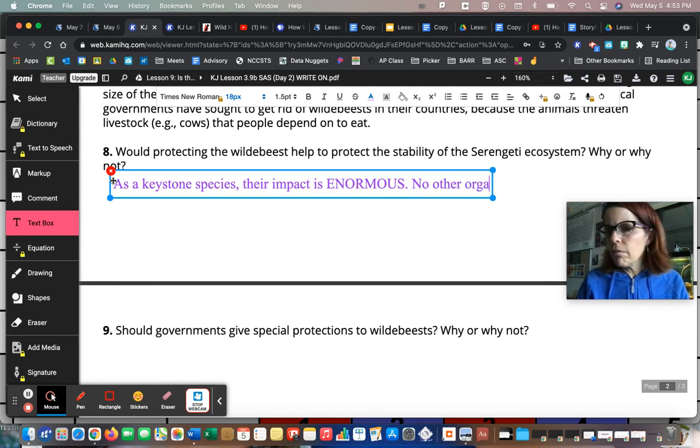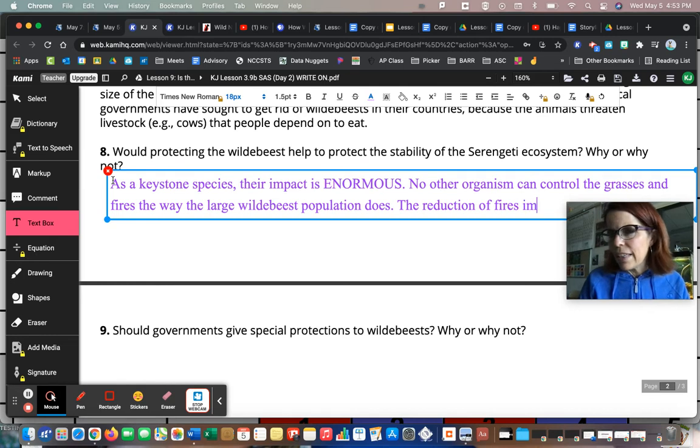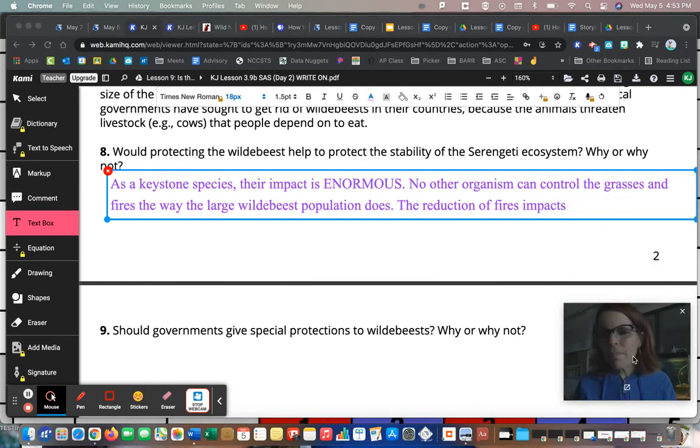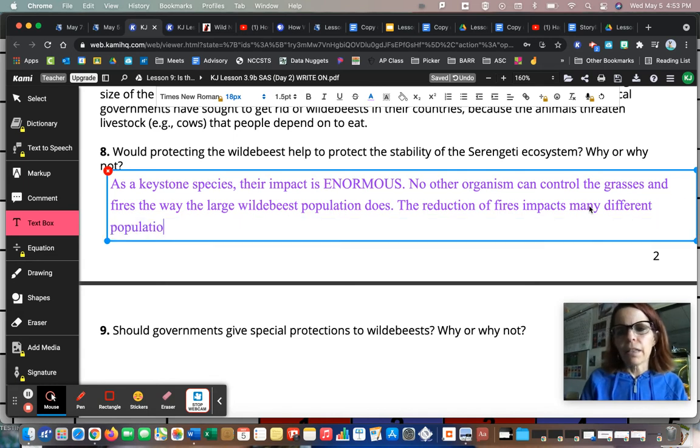No other organism can control the grasses and fires the way the large wildebeest population does. The reduction of fires impacts many different species of plants and animals, many different populations